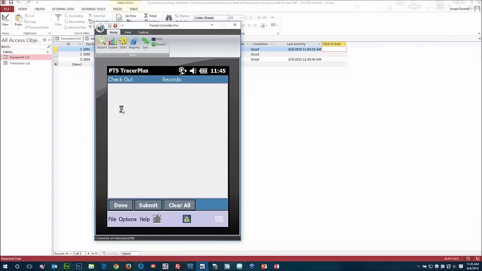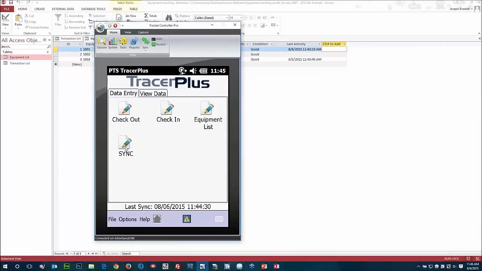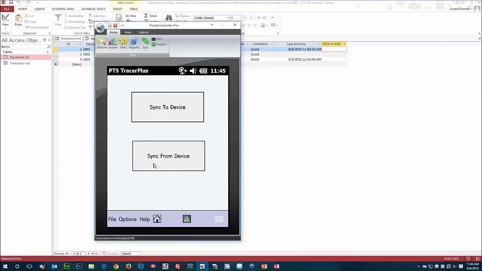And let's also go ahead and check out 1002. We'll check this out to Joe. Condition, we'll say it's fair. We'll say missing charger or something to that nature. Hit submit. And if we do a sync,